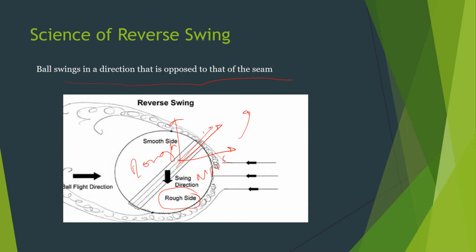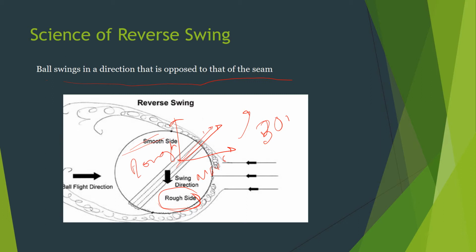So you just make one side more rough, by the natural phenomenon of rubbing one side, or you can make the other side smoother, like using saliva on that side, which becomes smoother and makes this side relatively rough. So what will happen is the phenomenon of reverse swing. Normally in a cricket match after 30 overs, it is very familiar that the ball has started to swing in the reverse direction. So that is the science behind reverse swing.